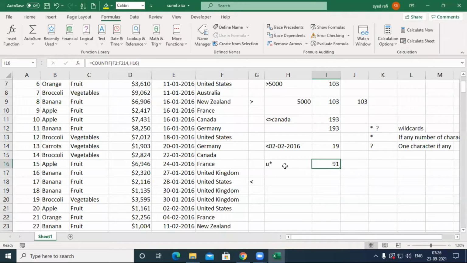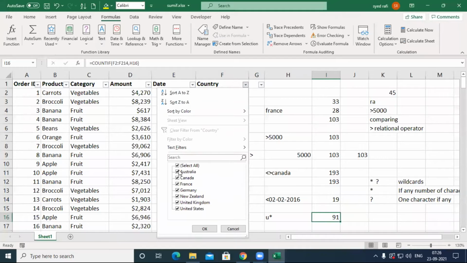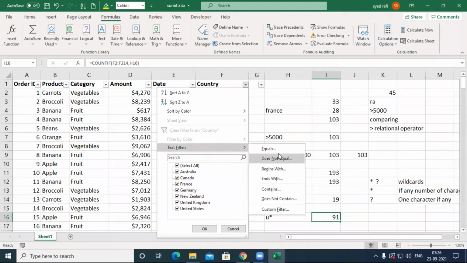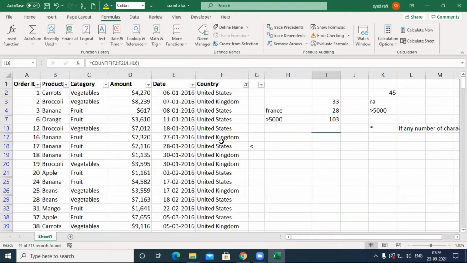Now we get 91. Using the filter, how will it be displayed? It will display 91. Let's do it by clicking here, where the text filters are. Select begins with and simply type U, without any special character like star or question mark. Say okay.